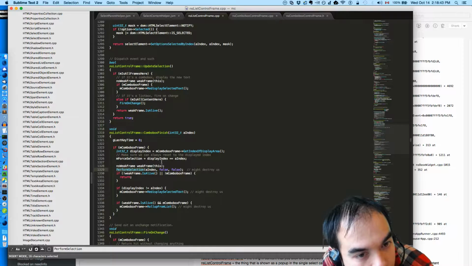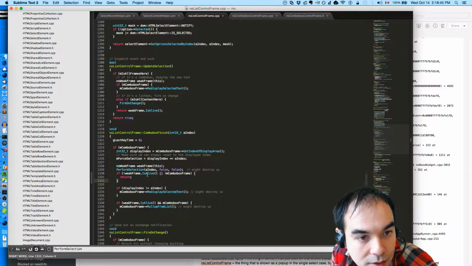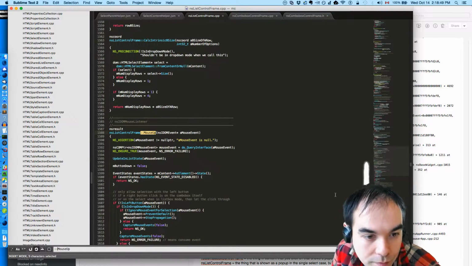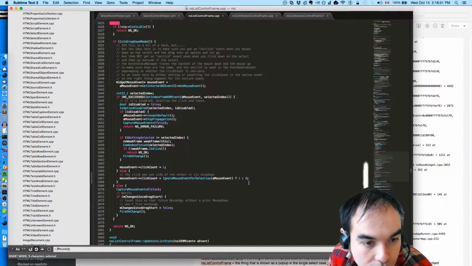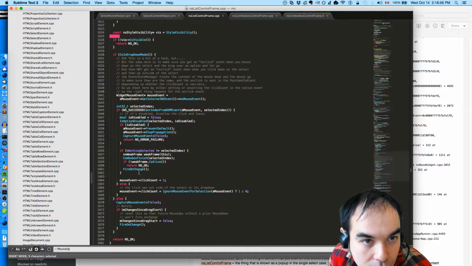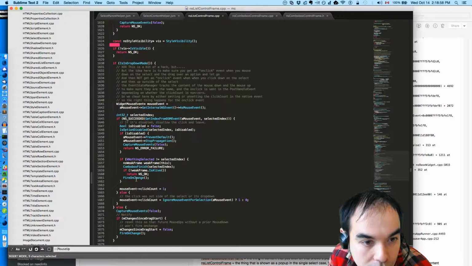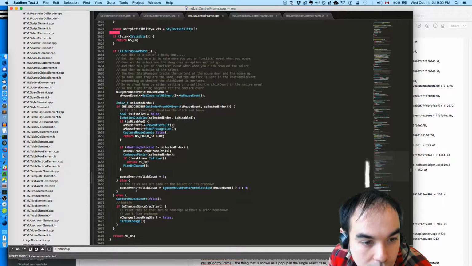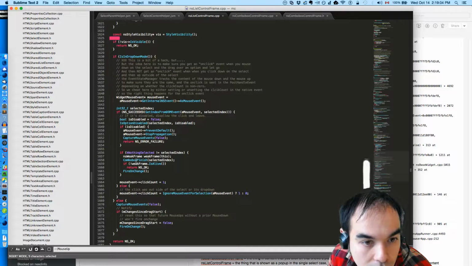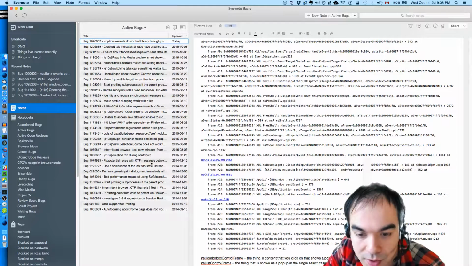Might destroy us. Perform selection. So on mouse up, we do this. Count one. We do the actual combo box finish.